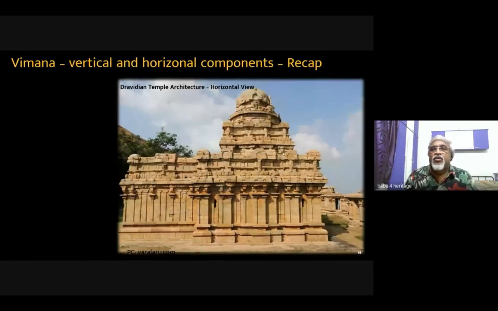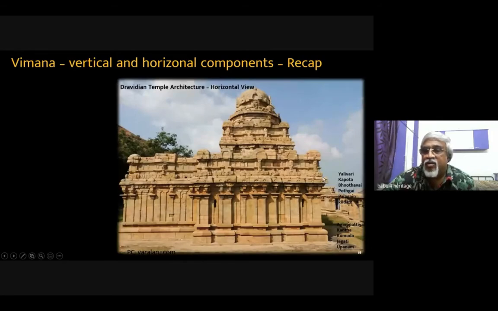Okay. So a quick recap of what we have discussed so far. This is another view of the same Vijayalaya Chodiswaram temple in Pudukottai. We talked about the fundamental components of Adhisthana: Upanam, Chakati, Kumudam, Kantam, and Patika. And on top of the roof, we talked about the Yadivari, the Kapota, the Podavari on top, and the Podika on the bottom of the pillar, and the components of the pillar, like Pudam and other things.